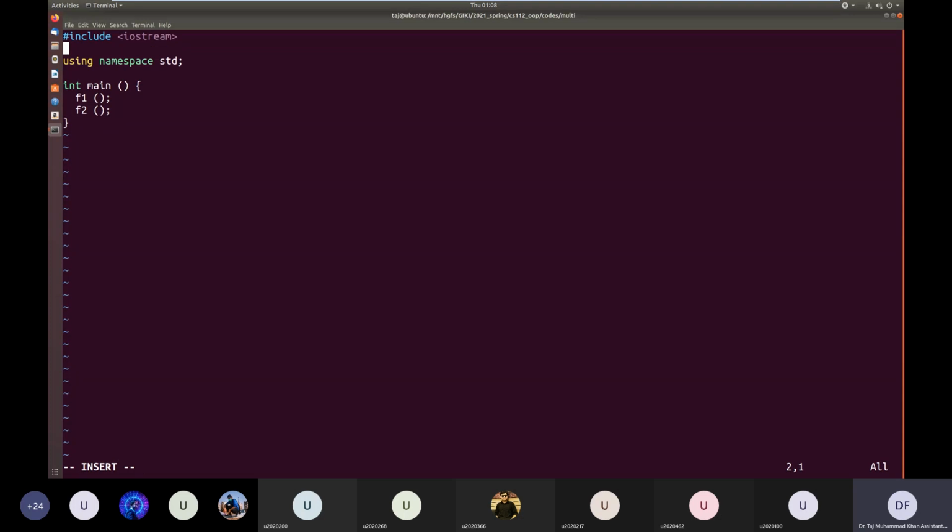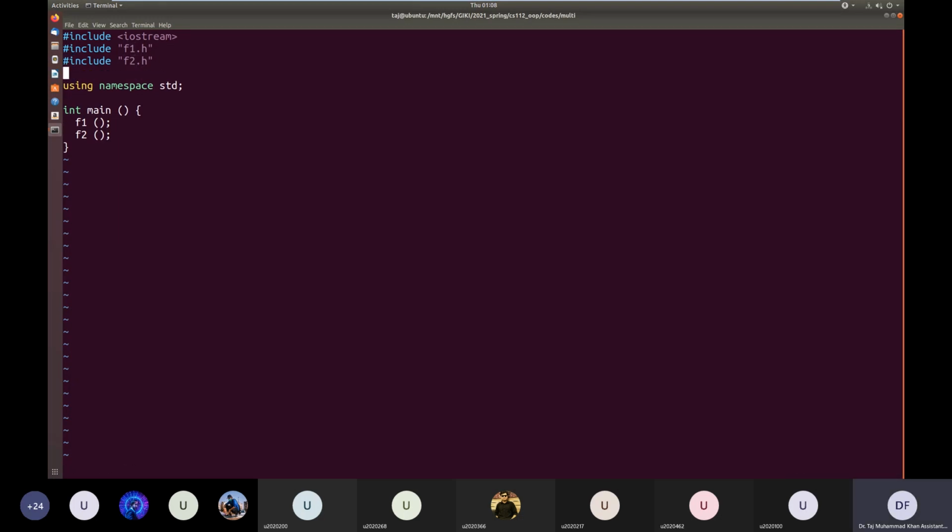So we can include f1.h. You know that if the .h file is in the same directory, we use double quotes. So f1 is done, and f2 is the same thing, so we should include f2.h also.